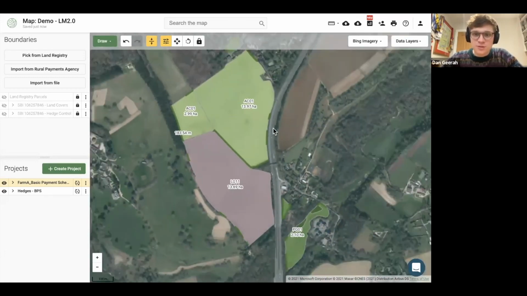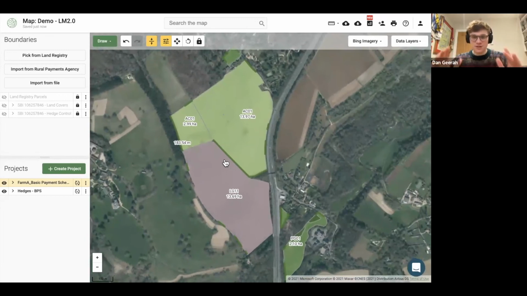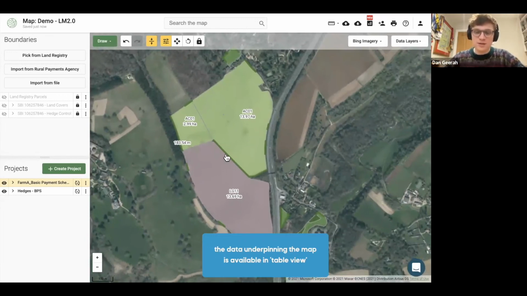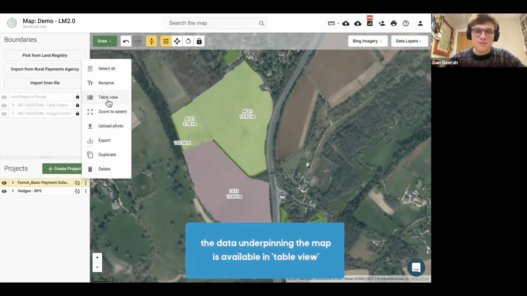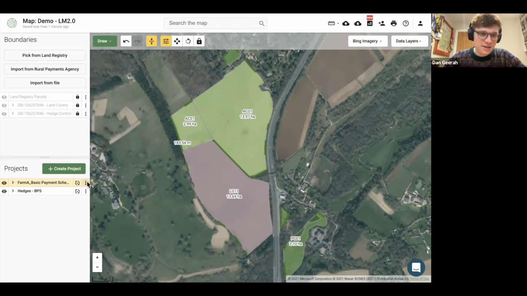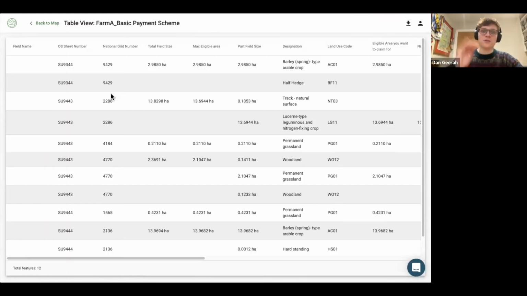All the while that you've been drawing this, what the Land App does is it's not only a visual illustration, which is obviously the main exciting point, but the whole time you're drawing this, it's available as a table view. So when you click the three dots next to Farm A and click the table view, you are met with a spreadsheet which breaks down your farm row by row, feature by feature, containing not only the